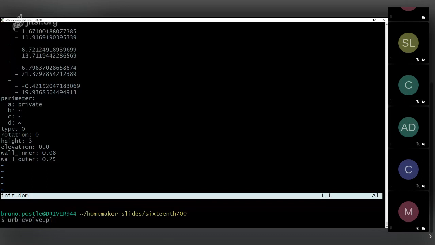What you end up with is a whole load of different versions of the same building, all slightly different designs, some of which have high scores and some of which have low scores. So if I start that off now,